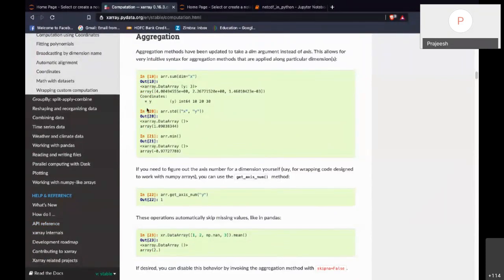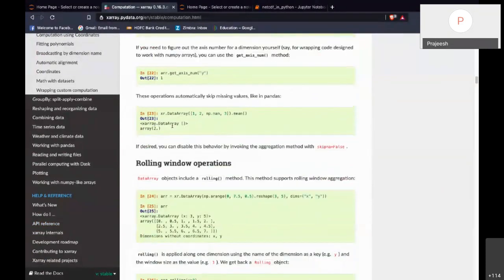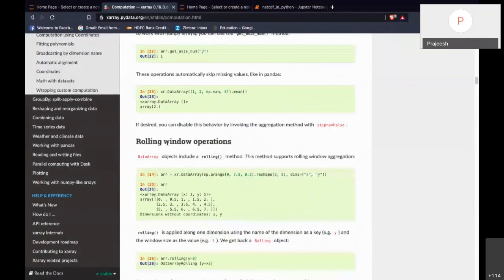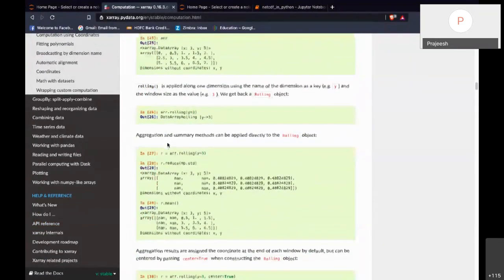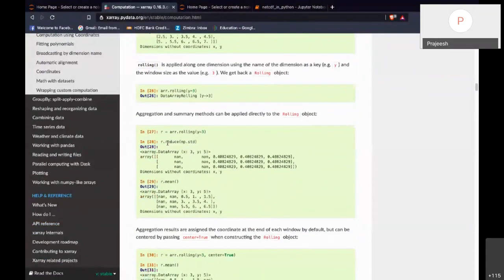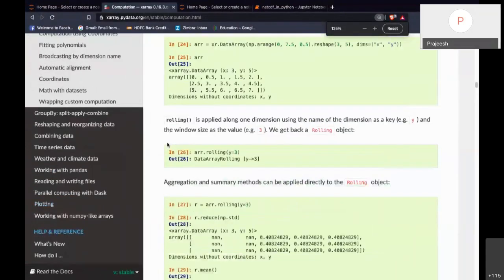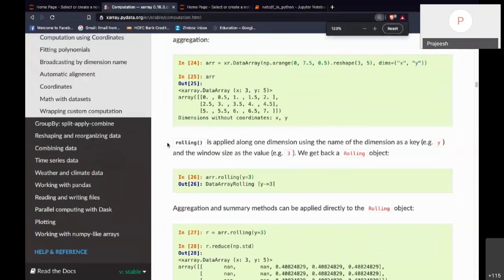There are so many things which I think I won't be able to cover here. All these things can be directly done from an Xarray data set.